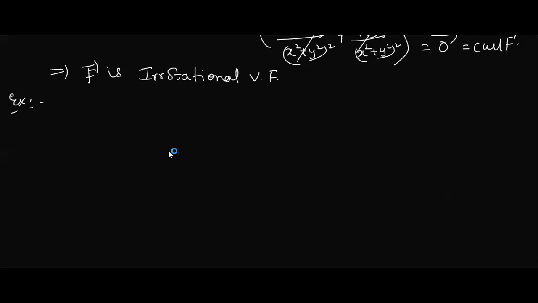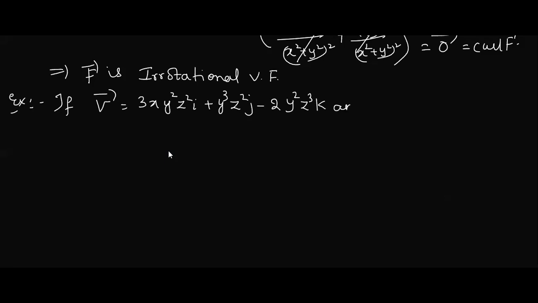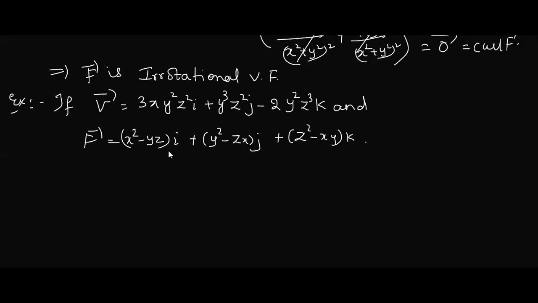Any doubts? Hopefully no. If V bar is equal to 3xy square z square i plus y cube z square j minus 2y square z cube k. Write the powers correctly. And F bar is x square minus yz i plus y square minus zx j plus z square minus xy k. Then prove that